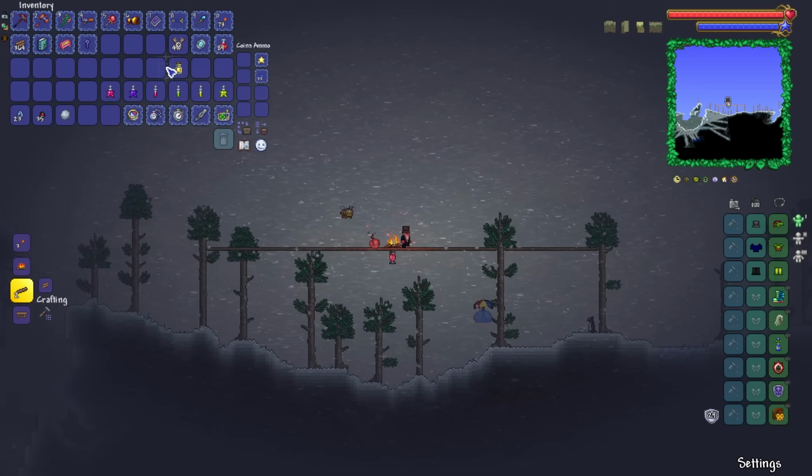Alright, so that's that taken care of. We're going to go ahead and open up the treasure bag and bada bing, bada boom. There we have it. Crimtane ore. I mean, we only really needed to take down one of those guys. So, my friends, let's get right on with the next thing we're doing today,